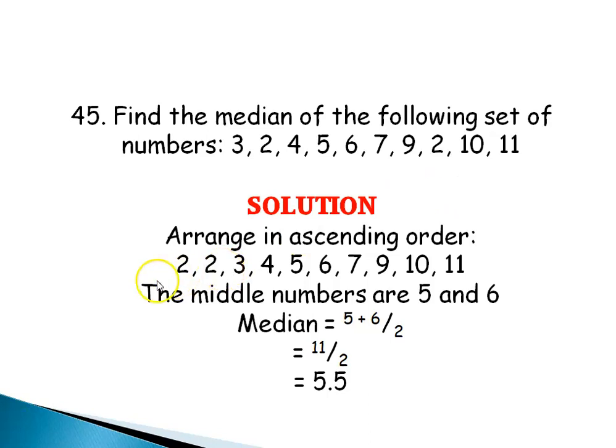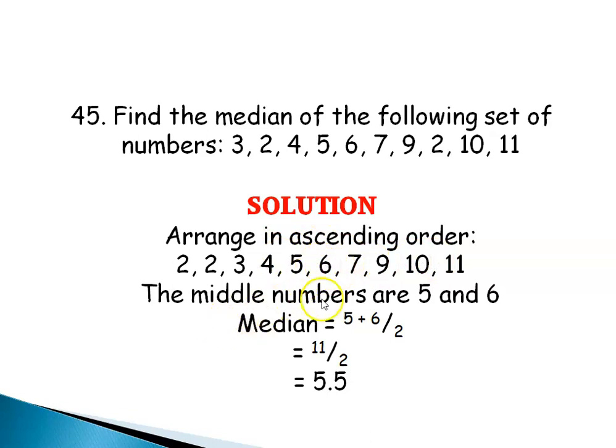Okay, don't forget that you are going to pick your middle numbers from these numbers that have been arranged. We are not going to pick from here because it's not going to give us the correct answer. So I would have to arrange it first before picking my middle numbers. So these are my middle numbers, 5 and 6. They are the ones in the middle. You have 4 to the left, 4 to the right, and